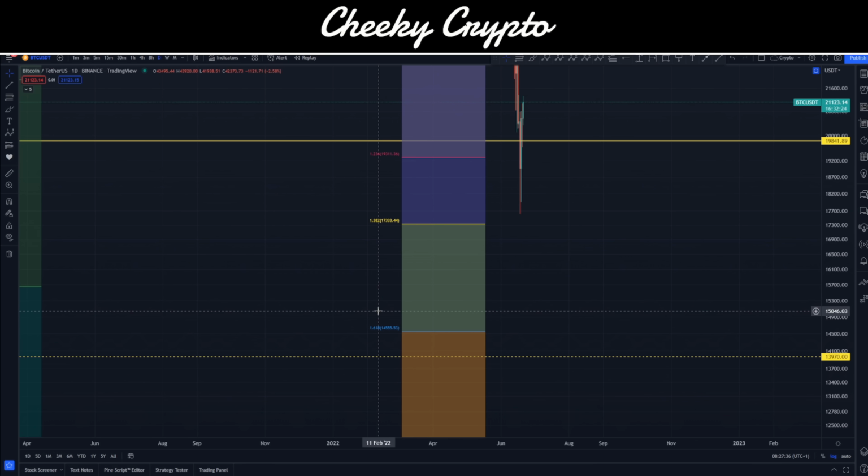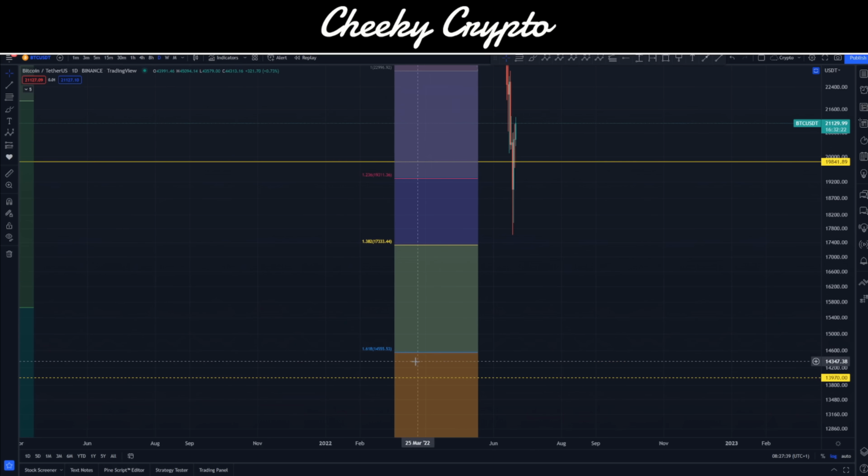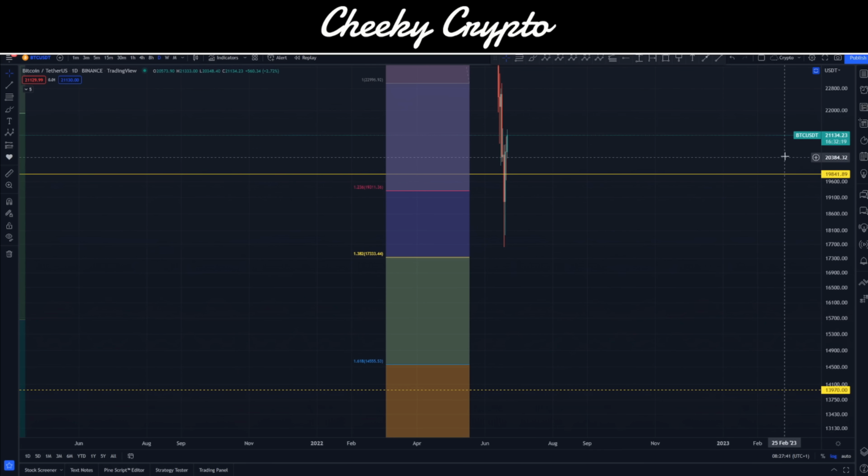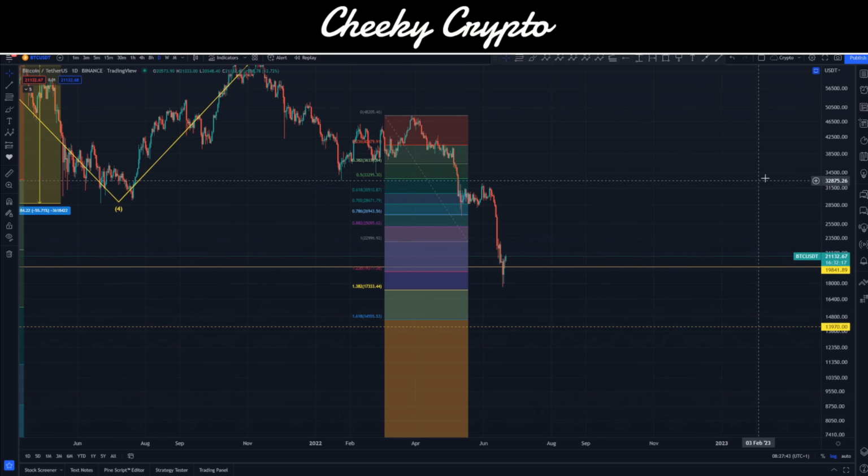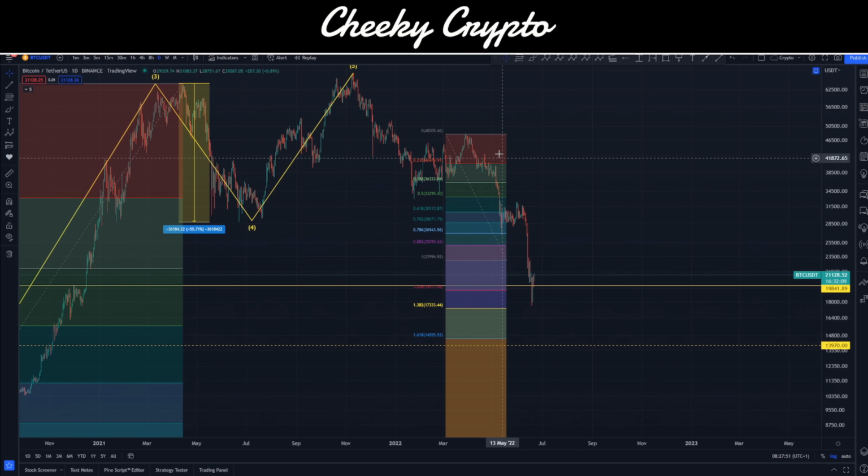There's the 1.382 and the 1.618. So if we were to drop down to $14,000, which is possible, but not likely, then that could basically mean that we're going to drop down much lower, maybe $12,000 or so. So a little bit of speculation there, but also just note that we haven't got a really good wave count